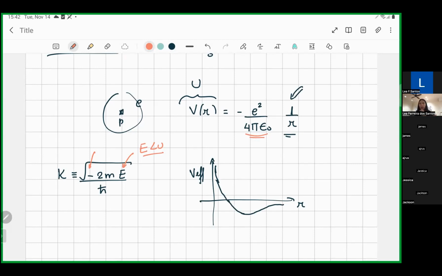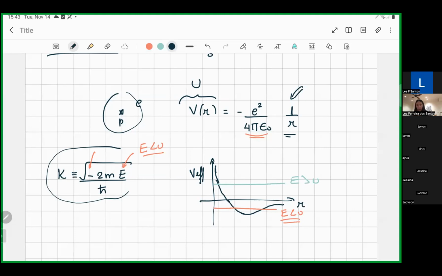Okay, so there are different kinds of states that we can solve. Well, different ways to solve Schrödinger's equation. The energy could be positive, and then we have scattering kind of states, or the energy could be negative, and we have bound states. We are studying just the bound states, when the electron is really attached to the proton, forming that atom. Okay, so this was the first